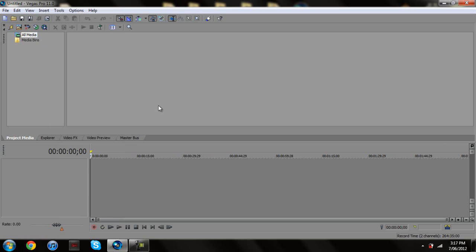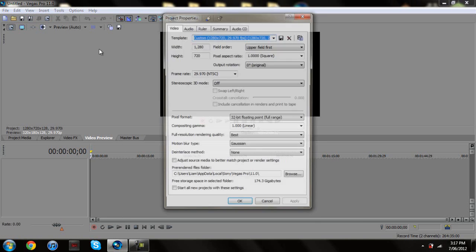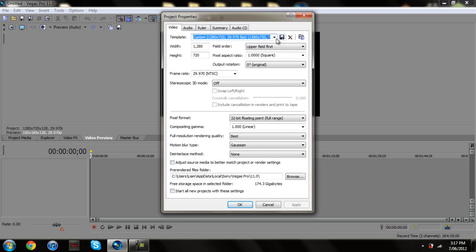So first off, what you want to do is you open Vegas Pro after you've downloaded it, and you go File. You go Video Preview. You go up to here, you go Project Video Properties. Whatever one this is on, it doesn't matter because it'll change anyway. You want to type into this first box 1280, hit tab, then you want to type in 720. So that means your project will be edited and rendered at 1280 by 720. Like, not rendered, but you'll be editing with this size so you can get a rough idea